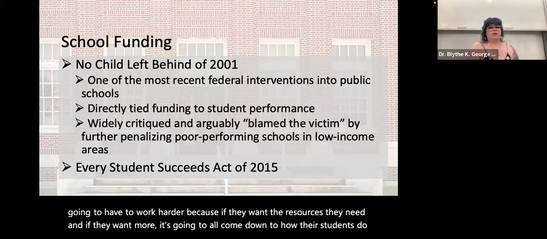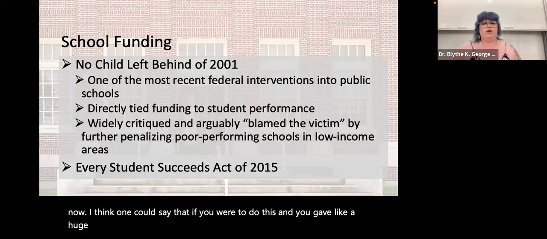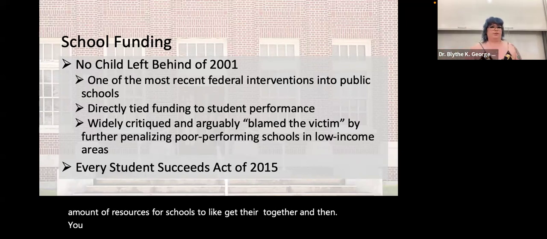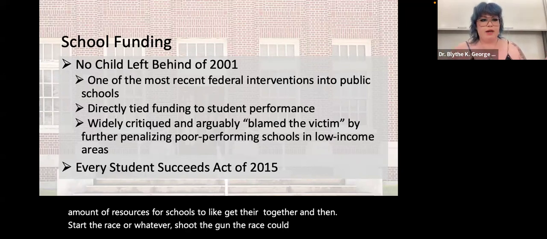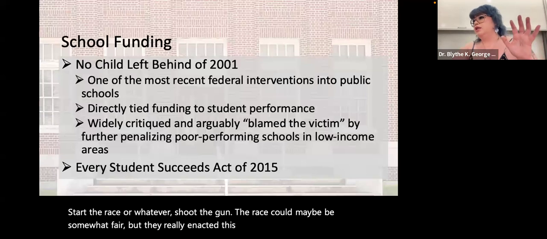Now, I think one could say that if you gave a huge amount of resources for schools to get their act together and then, you know, start the race, shoot the gun, the race could maybe be somewhat fair, but they really enacted this huge change in expectations with very, very real